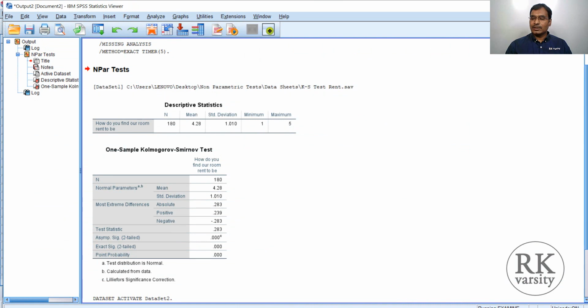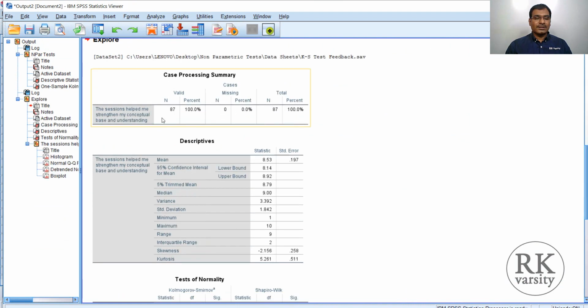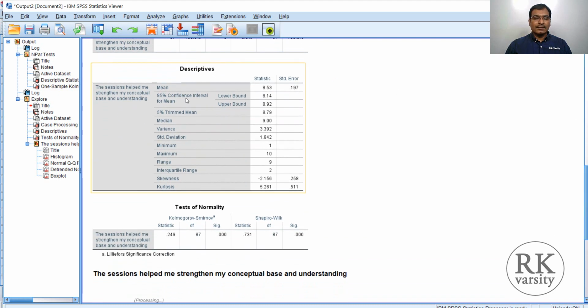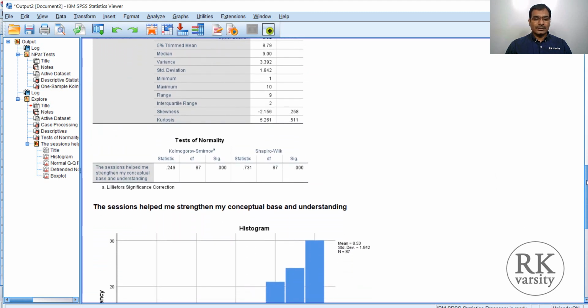So here is the output document. All right, case processing. There are a total of 87 students who responded to this question, and the mean score is 8.53 with a standard error of 0.197. And here are the 95% confidence interval lower bound and upper bound values, and the skewness value is minus 2.16, which says that there is a negative skew in the data.